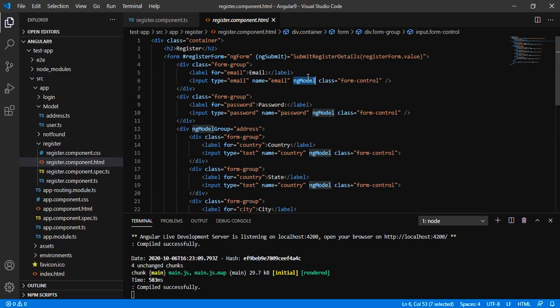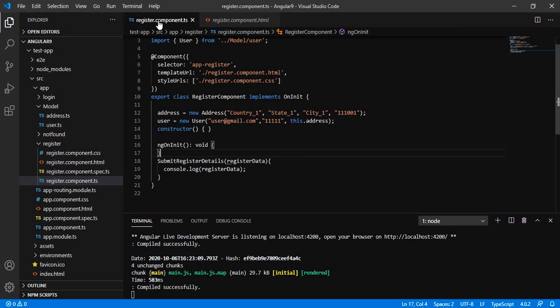And property binding we can achieve by applying the brackets. Let me call it userModel.